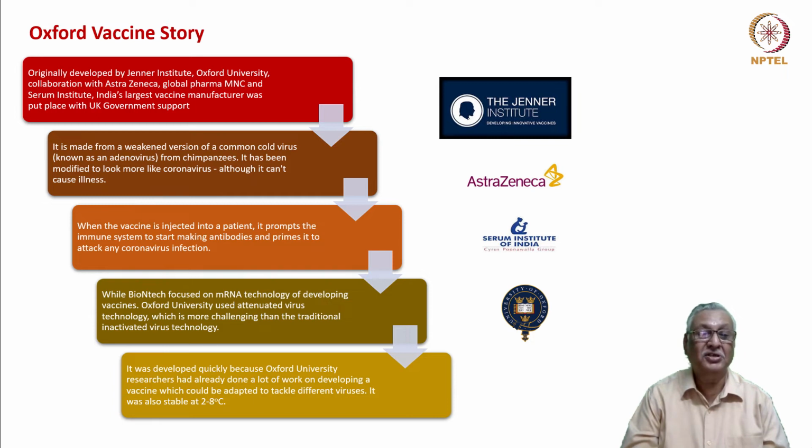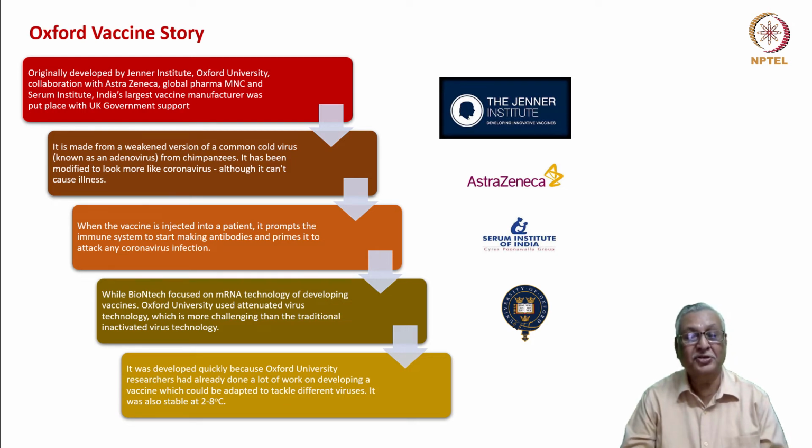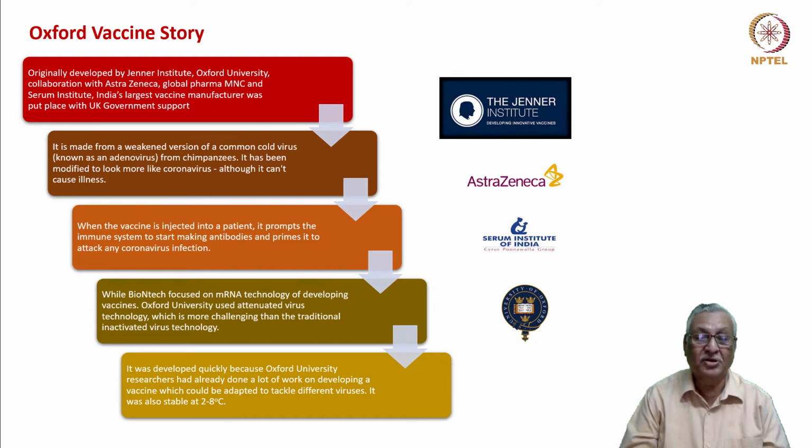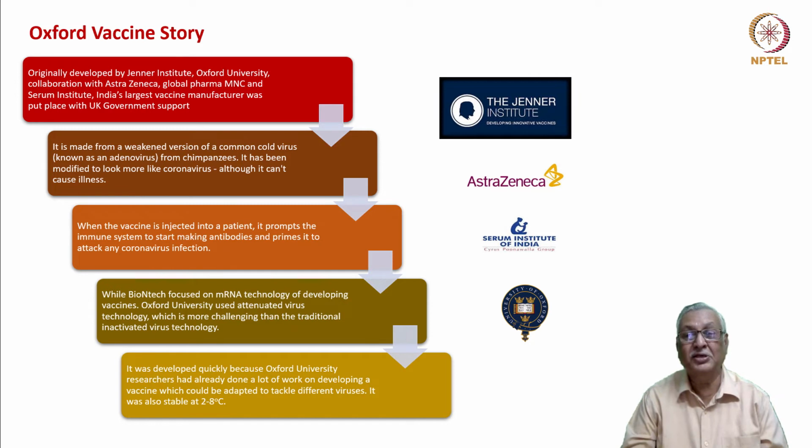When a vaccine is injected into a patient, it prompts the immune system to start making antibodies and primes it to attack any coronavirus infection. While BioNTech focused on mRNA technology, Oxford University used attenuated virus technology, which is more challenging than the traditional inactivated virus technology. It was developed quickly because Oxford University researchers had already done a lot of work on developing a vaccine which could be adapted to tackle different viruses. It was also stable at 2 to 8 degrees centigrade